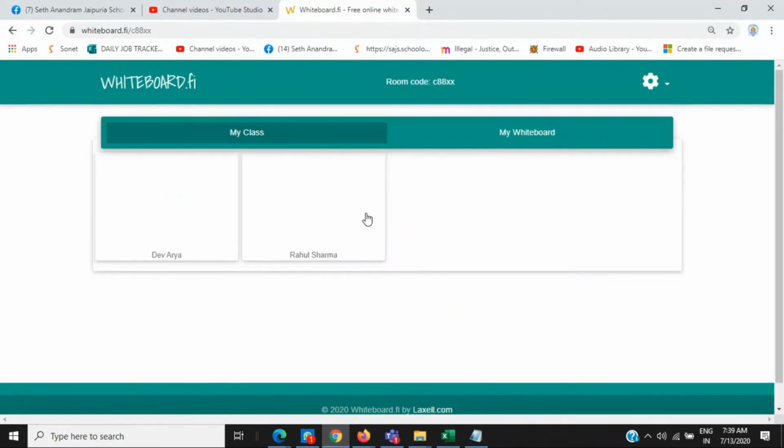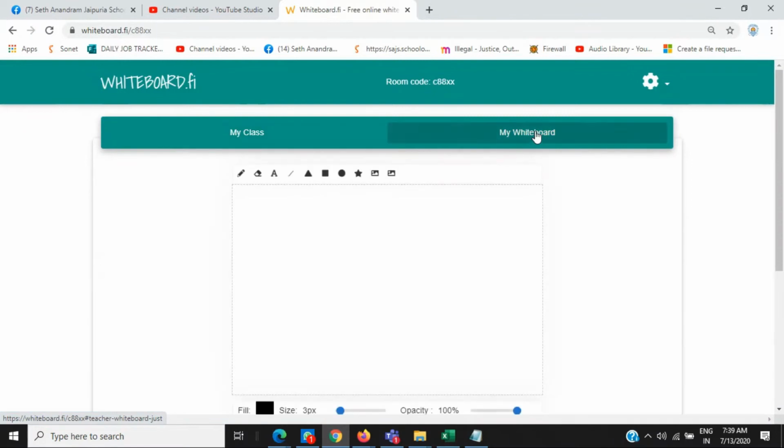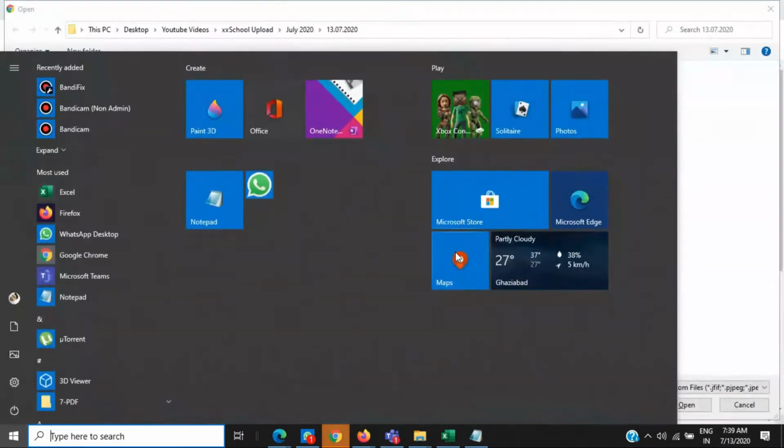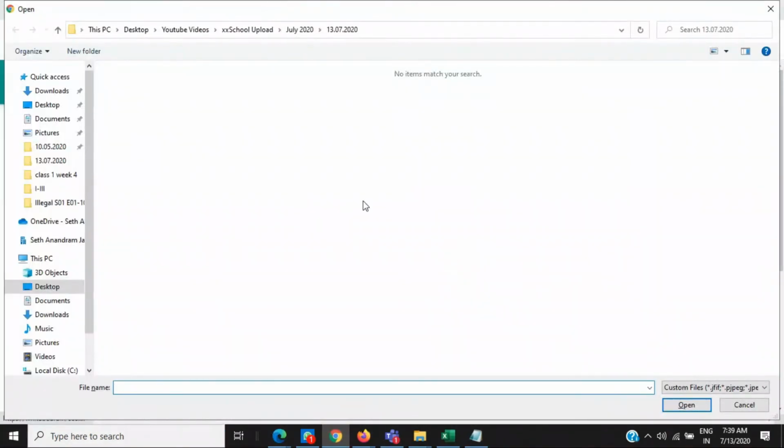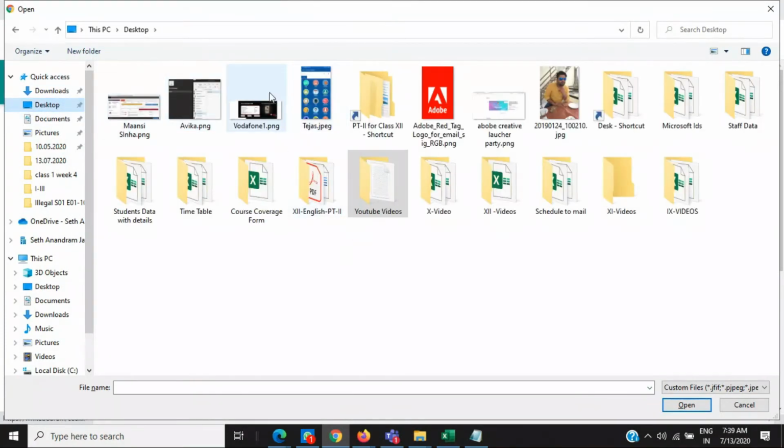This is the teacher screen. In my whiteboard, click for teacher, and you can insert an image or insert a background image. Insert an image. I'll go to my desktop, where I have certain images.